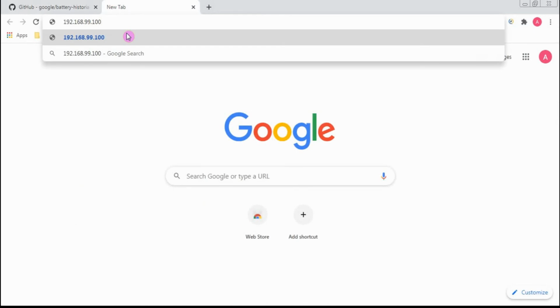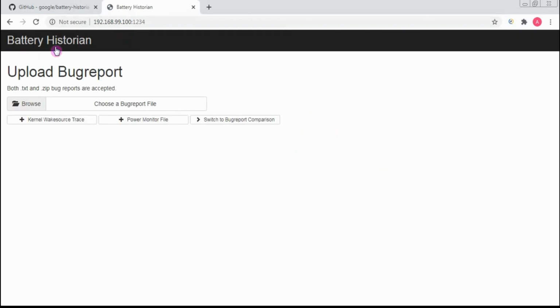We will give colon and 1234, the port on which Battery Historian is hosted. So we can see the web application has launched and it is ready to use. In this way we can launch the Battery Historian image.